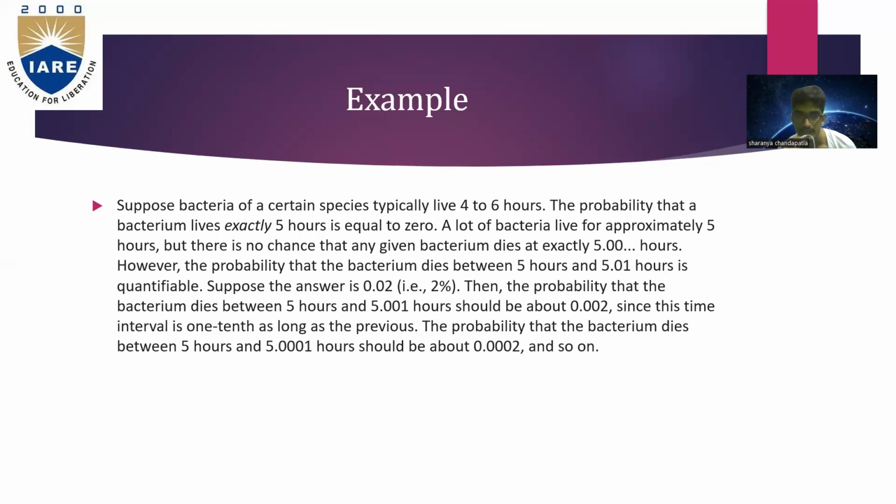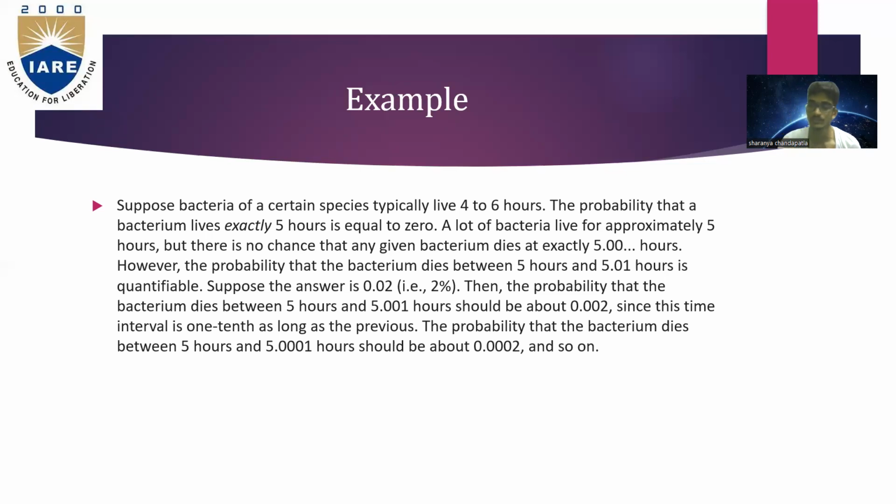Suppose the answer is 0.02, that is 2%, then the probability that the bacterium dies between 5 hours and 5.001 hours should be about 0.002. Since the time interval is 1/10 as long as the previous, the probability that the bacterium dies between 5 hours and 5.0001 hours should be about